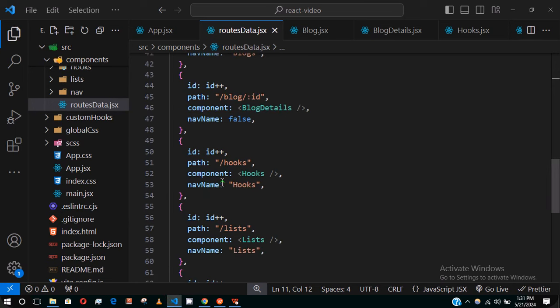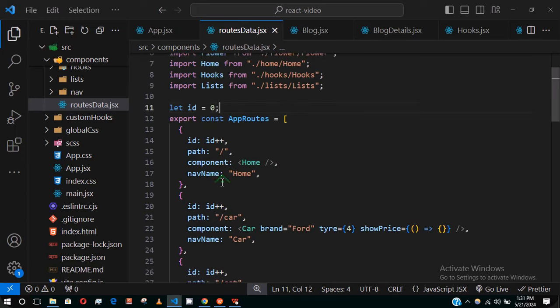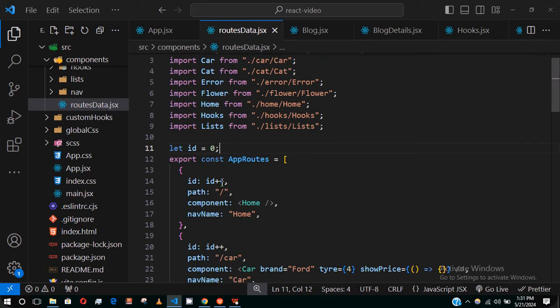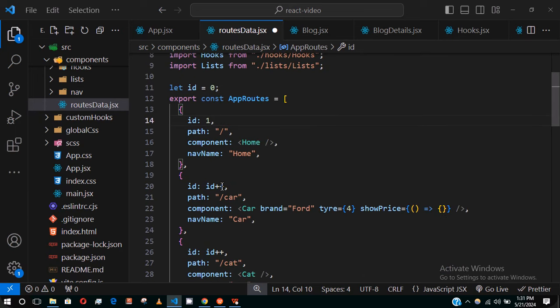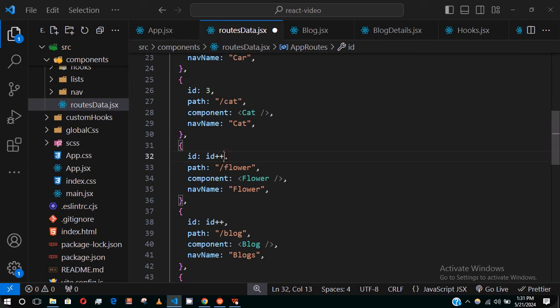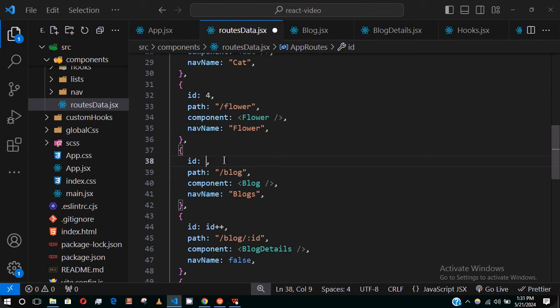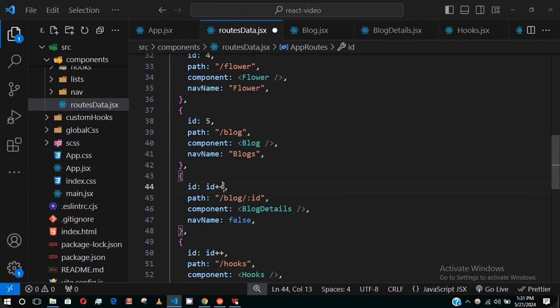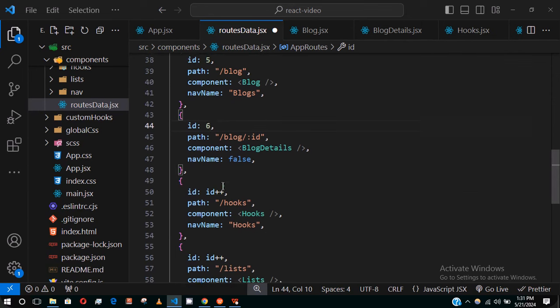Or is this thing not working? So let me do it manually first to see if the error will be out. 2, 3, 4, 5, 6,